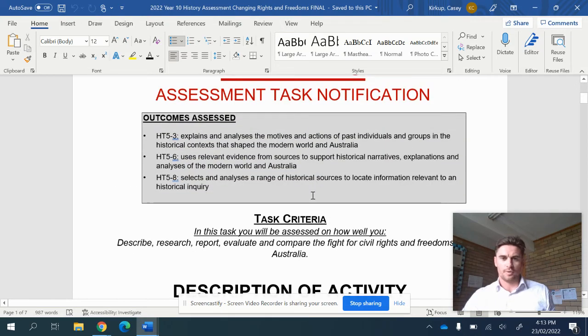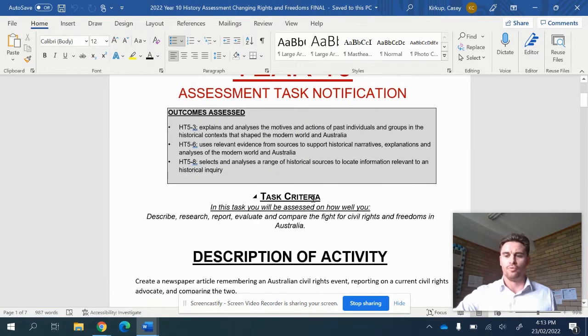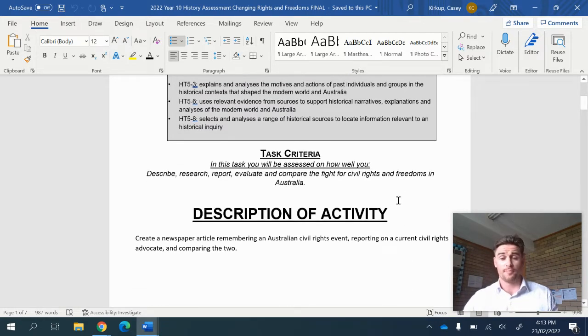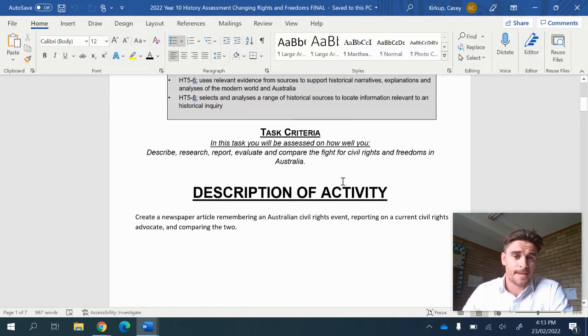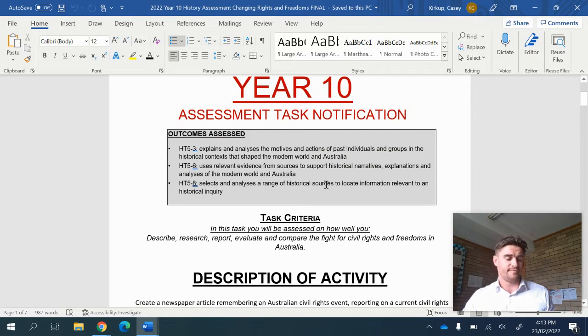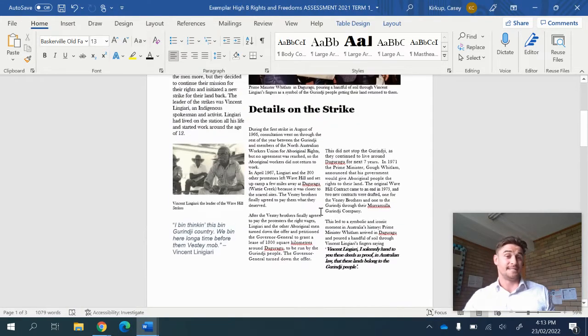Hey, Year 10. I'm here today quickly going through your Year 10 history assessment task, which is due in 2 weeks. It's a newspaper article that you're going to be writing on the topic of changing rights and freedoms. I'm going to be flicking today through two documents. The first one is the assessment task notification, which you all have, and the other document is an exemplar task